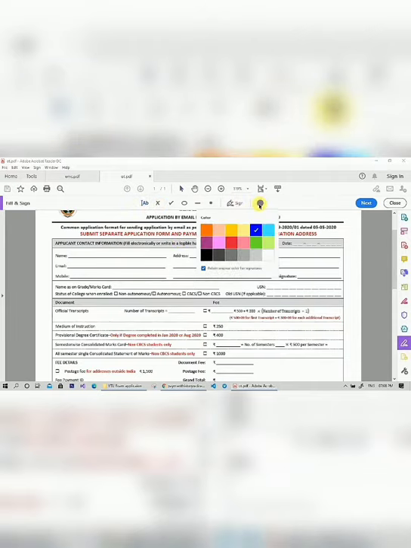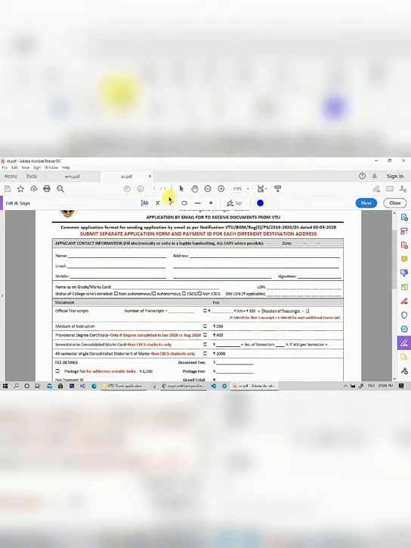Click on this dot, and to change the color, I am using blue color to fill the form. You can use black or blue. Select the first option AB and double click in front of name to start typing the name. Fill all the details and then select this tick mark to select appropriate checkbox.